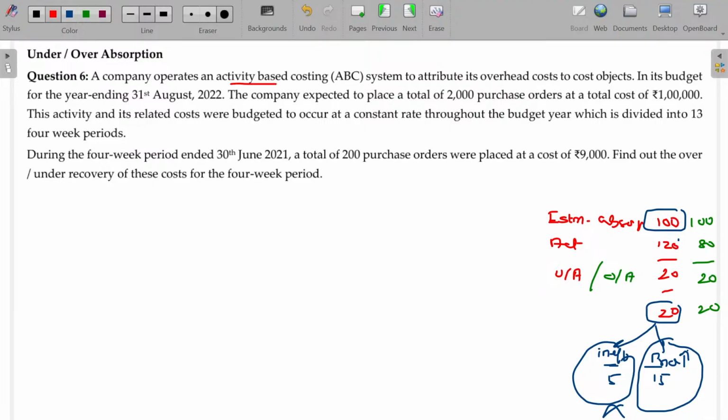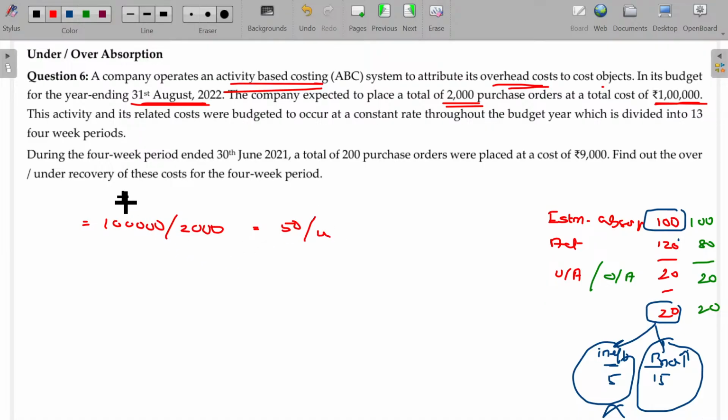A company operates an activity-based costing system to attribute its overhead costs to cost objects. In its budget for the year ending 31st August 22, the company expected to place a total of 2,000 purchase orders at a total cost of 1 lakh. Okay, so what does it mean? 1 lakh divided by 2,000 is the estimation budgeted. How much then? 50 rupees is the